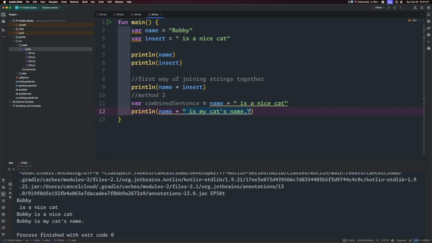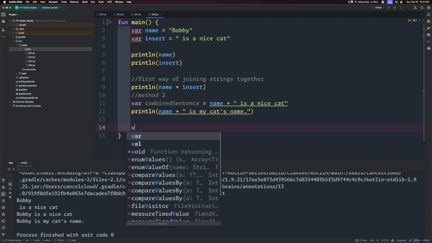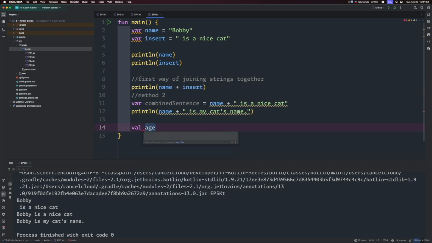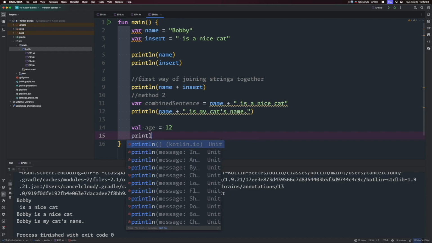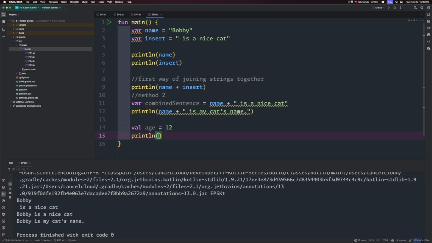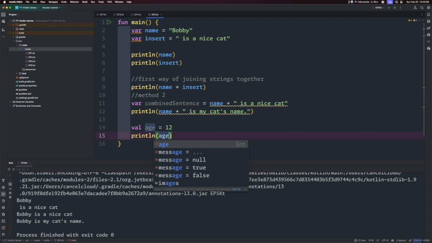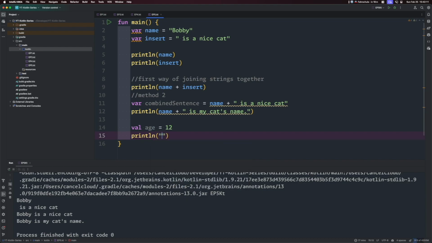Okay, so another cool way to combine a variable which has already been defined with another string is if you want to print out to the user, like, the age. So we're going to say val age equals 12 and print that out to the console, print line, and say we want to say your